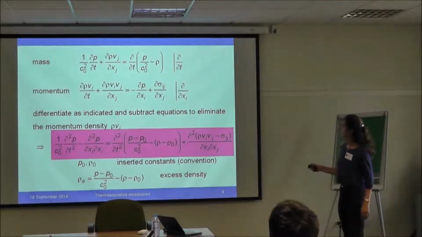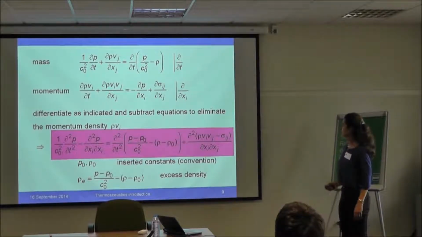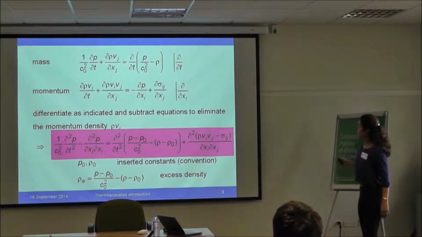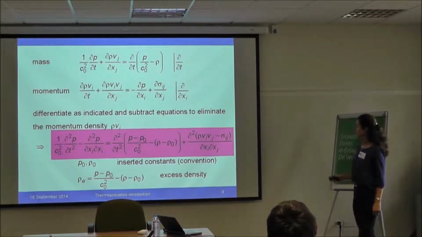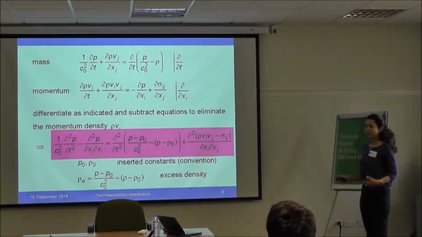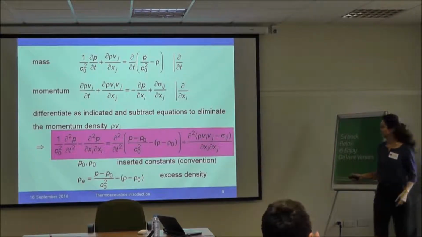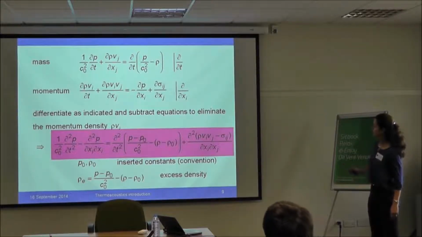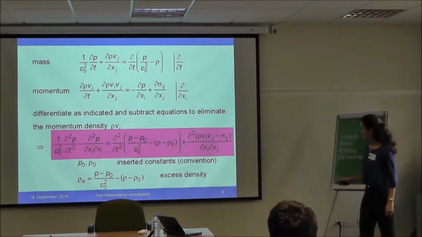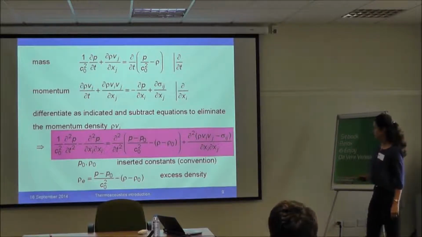Right, so our mass equation has become this, our momentum equation has become this. In the next step, we are going to differentiate the mass equation with respect to time. The momentum equation, we take the gradient, so d by dxi on both sides. So we differentiate, as I've indicated here, and then the resulting equations we subtract from one another, and that gets rid of these terms with the rho, vi, vj in it. And what you get is this equation in the pink box,